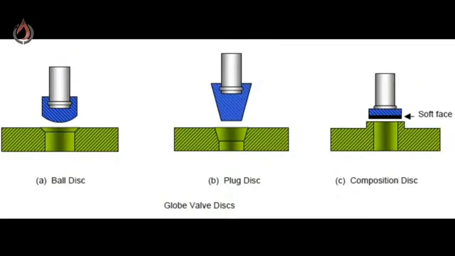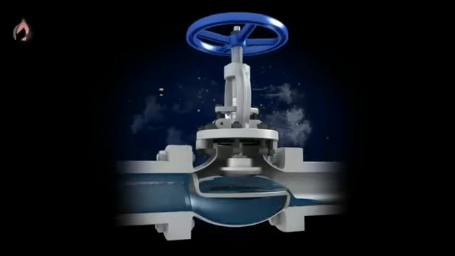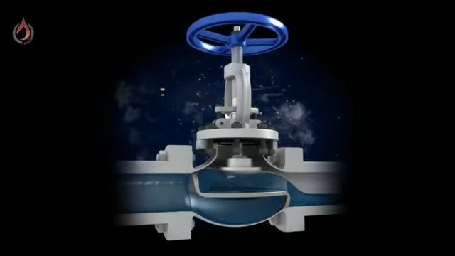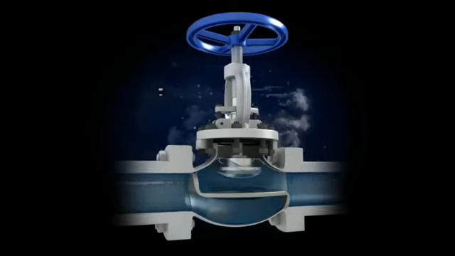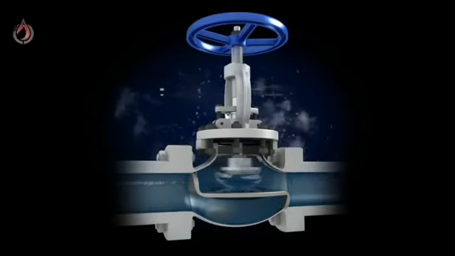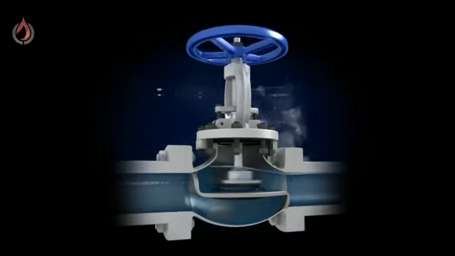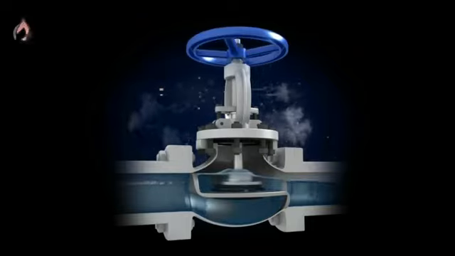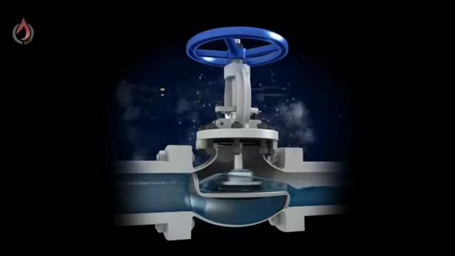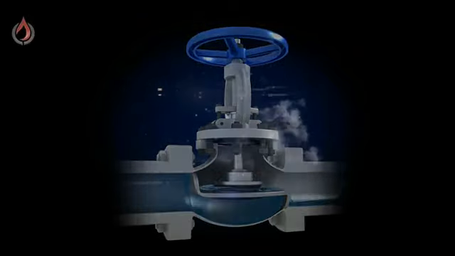Globe valves have a disc which can completely open or completely close the flow path. This is done with the perpendicular movement of the disc away from the seat. The annular space between the disc and the seat ring gradually changes to allow fluid flow through the valve. As the fluid travels through the valve, it changes direction and increases the pressure.